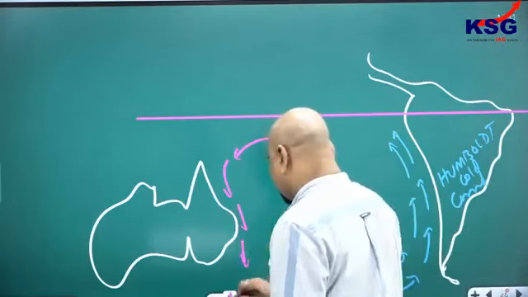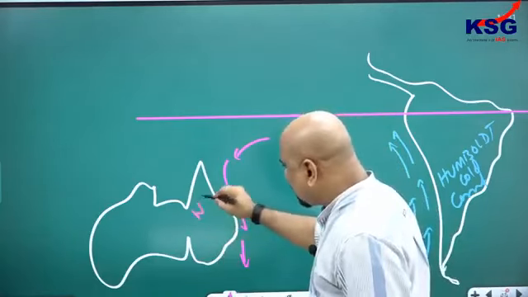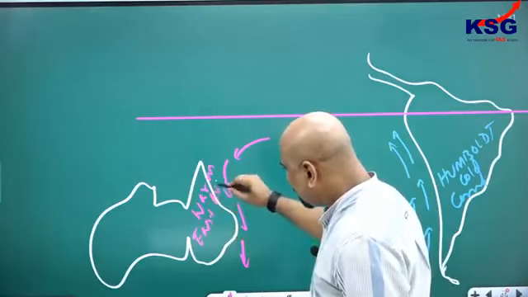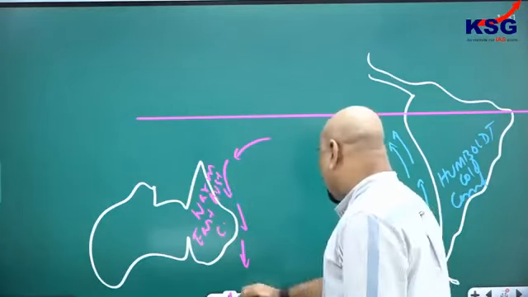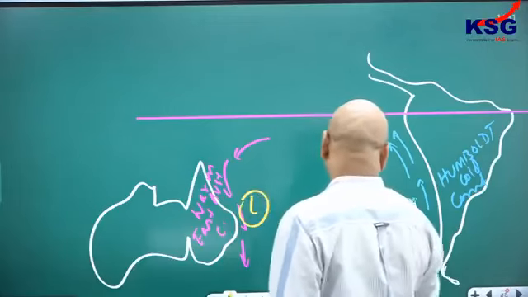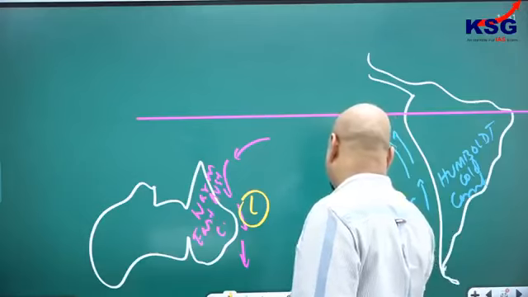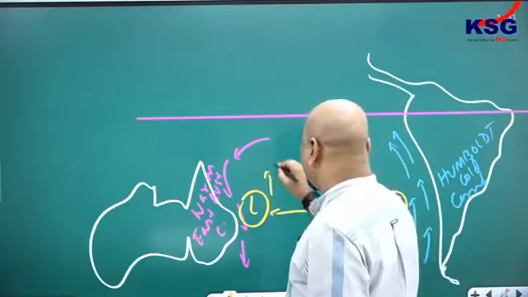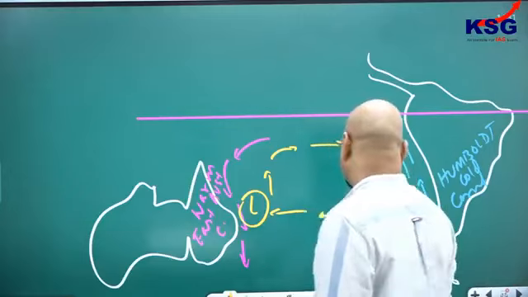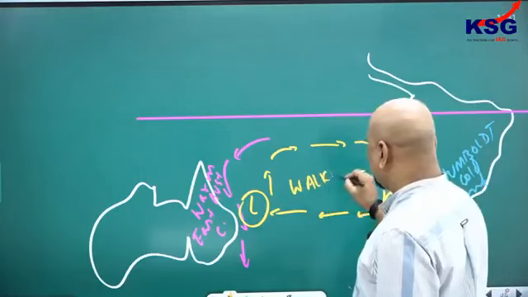Can you name me this current? This is the East Australian current. East Australian current is a warm current. So in general there is a low pressure condition here and high pressure condition in this region. Because of this, wind will blow from high to low, and one circulation takes place above, with sinking of the air. This is known as the Walker cell.